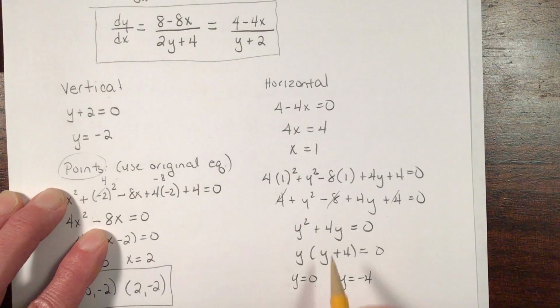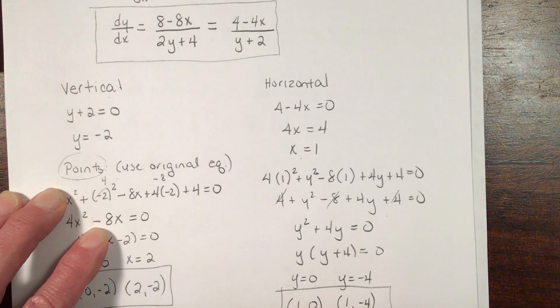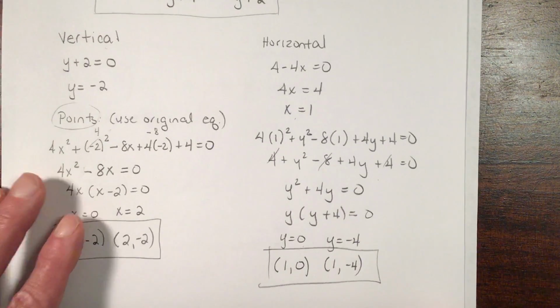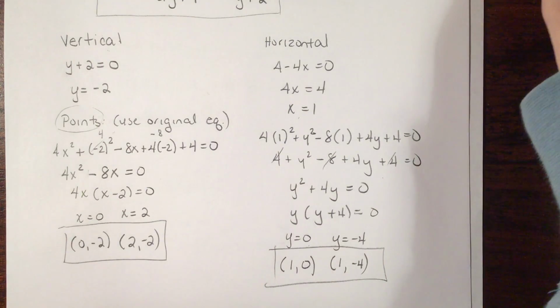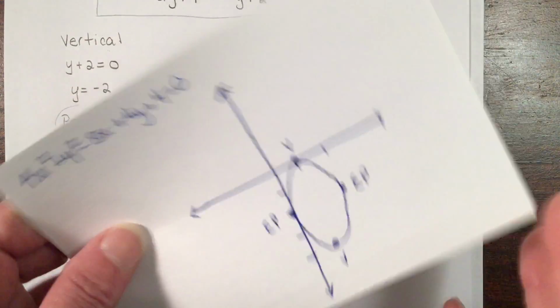These are the y values. I'm going to attach them with the x. So at the points (1, 0) and (1, -4), that's where this curve is going to have horizontal tangent lines. Now, before we move on, I just want to remind you, way back in the beginning of the year,